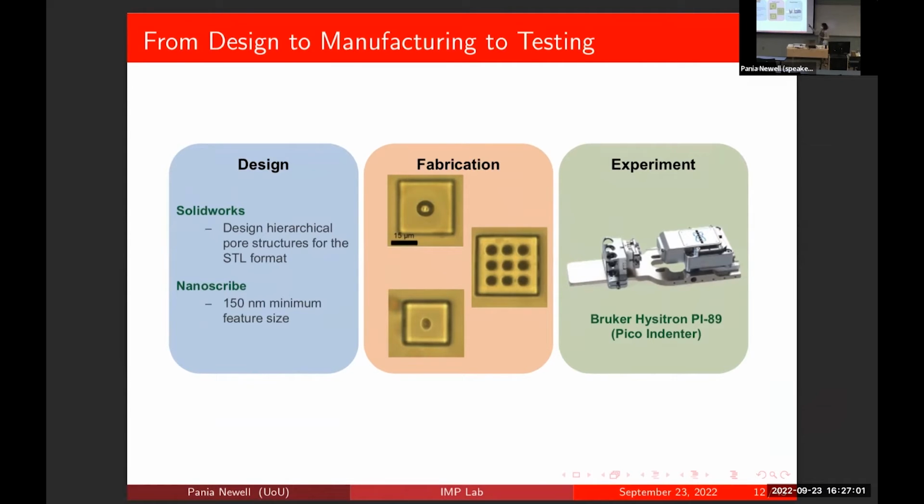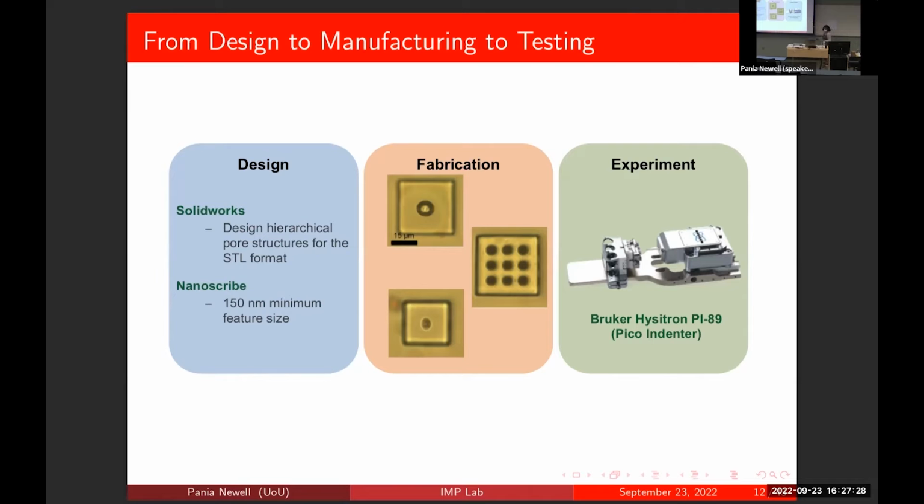And then you can go through the process of fabricating this. You can have 3D nanostructures, and you can mechanically test them. Thanks to Bruker, they are coming up with these new devices that you can do compression tests under the SEM or even TEM and understand the deformations of these structures under the mechanical loading that you are applying.